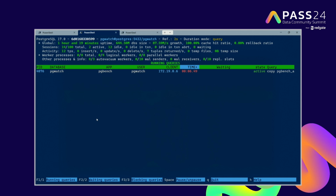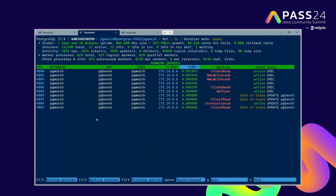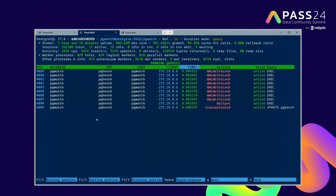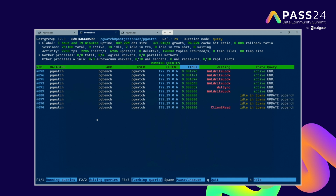Well, the upper rows will tell you some details about the database you're connected to: uptime, the size, the growth, the sessions, the number of different things. And now you can see something is going on. The first tab is running queries. We can see that some application, pgbench, under user pgwatch is running some queries, and they produce some